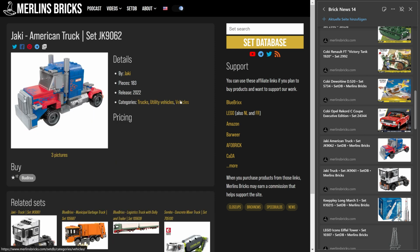That's a brand that I have relatively newly added to the SetDB. And here we have 2 announcements actually this week. One, and they're actually done by BlueBrixx, so that's a European shop, not a Chinese shop. So I have not seen this set in China yet. And this so-called American truck, as always, very generic names, JK9062 by Jaki. It has 183 pieces, or will have, because I do not have prices yet, but it's basically